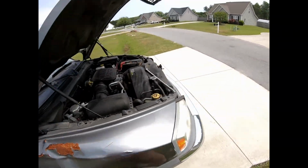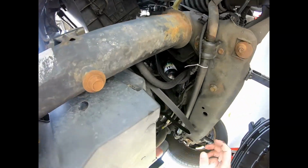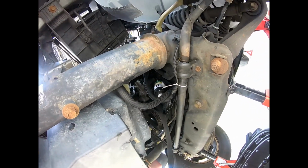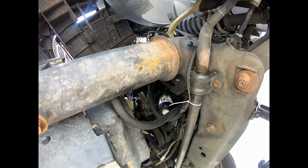Maybe a little drip pan down there. Catch all that stuff. Old belt. Ain't been changed in who knows how long. So she probably needed it. Okay, so now